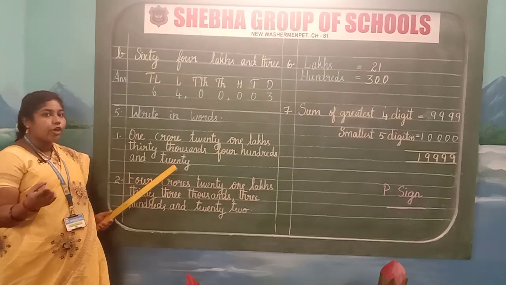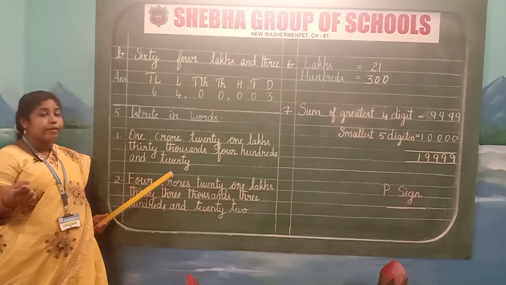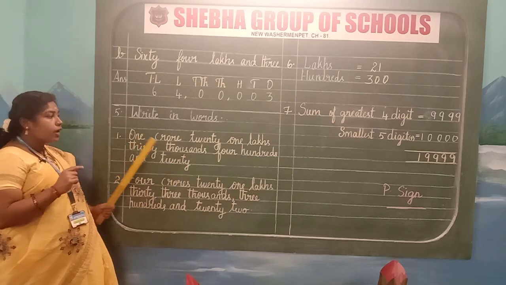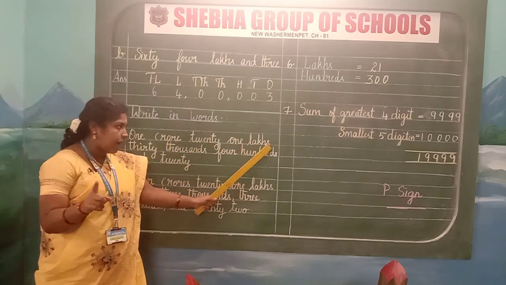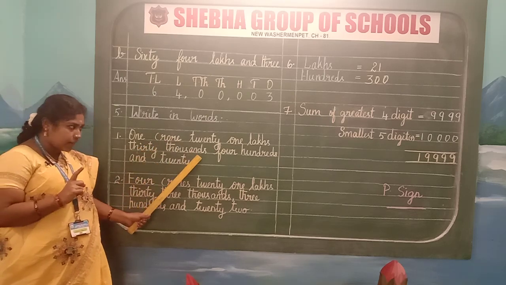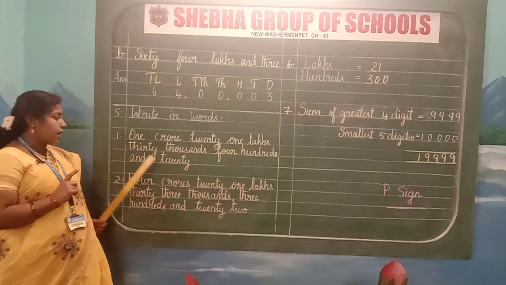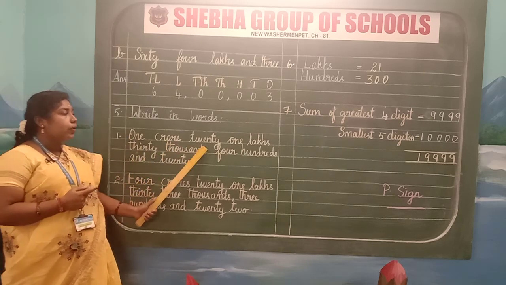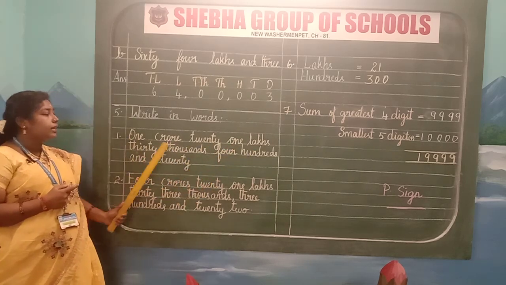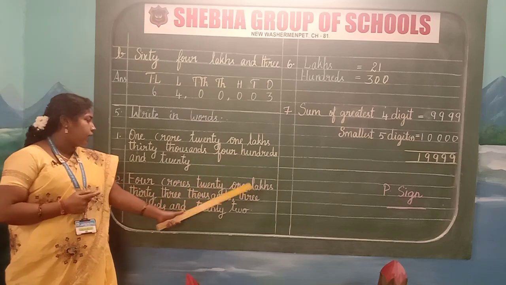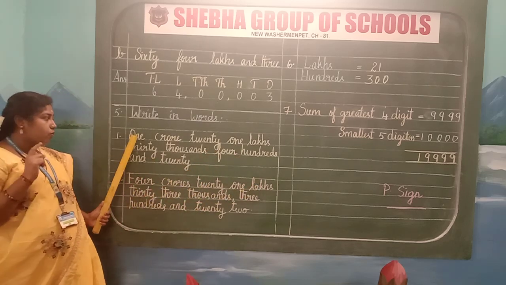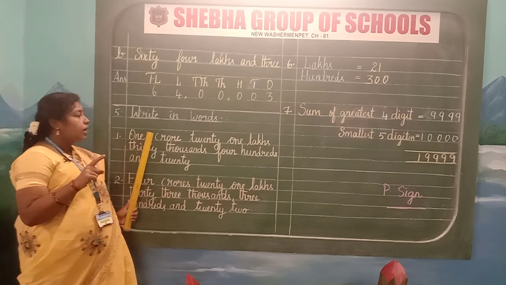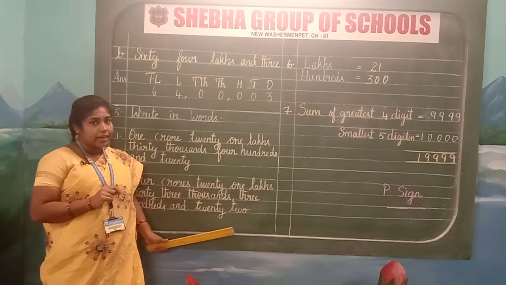Students, now we are going to write the number names for that abacus I showed you in the book. So 1 crore, 21 lakhs, 30,420. I am again repeating: 1 crore, 21 lakhs, 30,420. Start with a capital letter. Write the serial number 1 in the margin. Keep finger gap and write neatly, children.